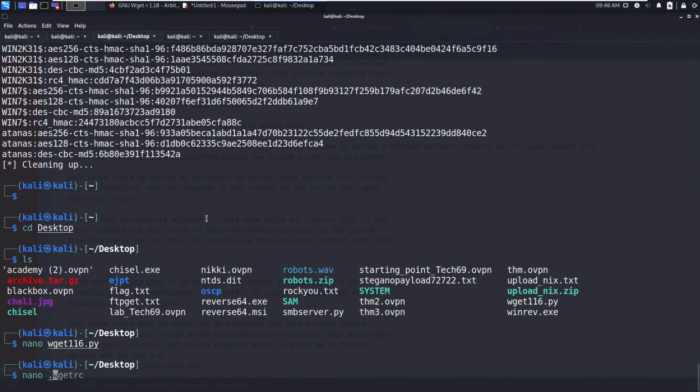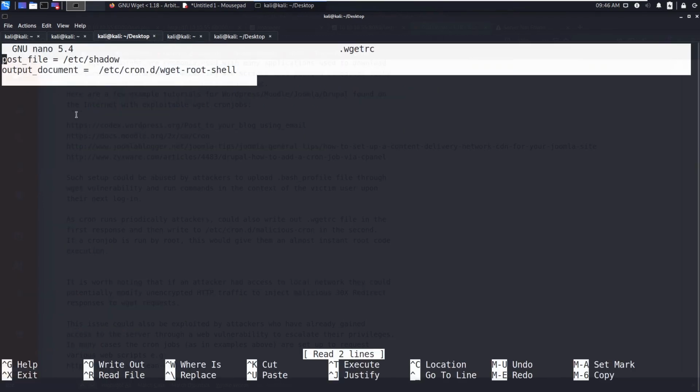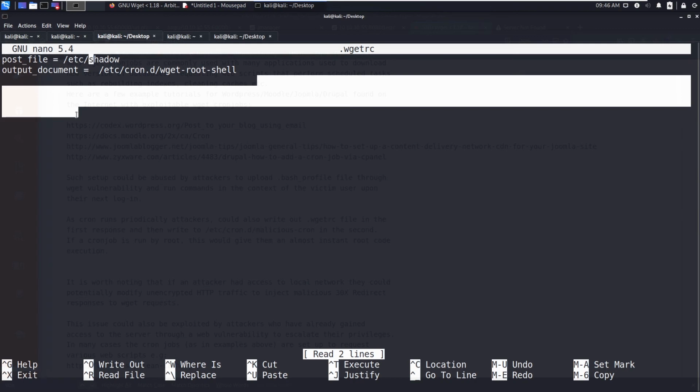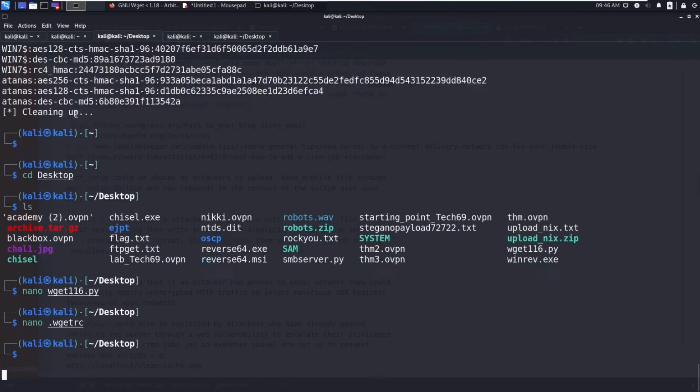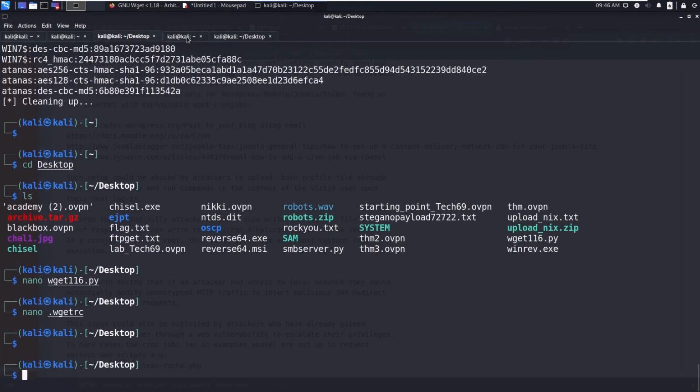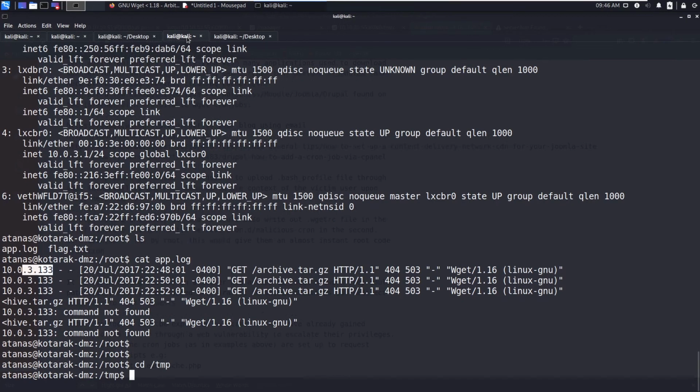So I will show you in nano. You can paste this. What you can do is, instead of /etc/shadow, you can also say root.txt. That should also do it. Now go to temp.